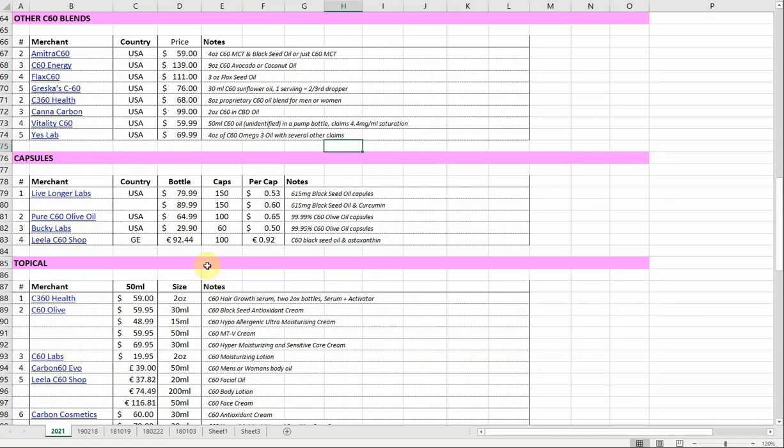Now, let's talk about C60 and capsules. That was another trend that was real interesting in 2018, 2019, where vendors started putting C60 in capsules. And the problem with that is it takes like 5 to 8 capsules just to get a tablespoon. That's a lot of gelatin. So anyway, I'm not a real fan of capsules, although